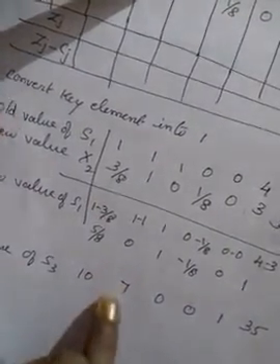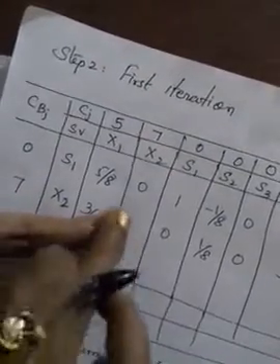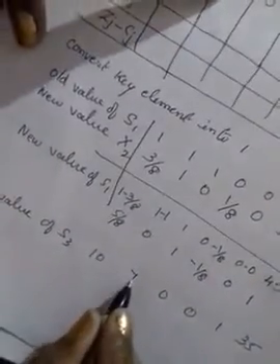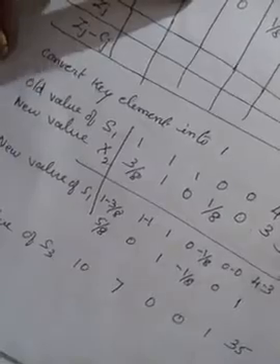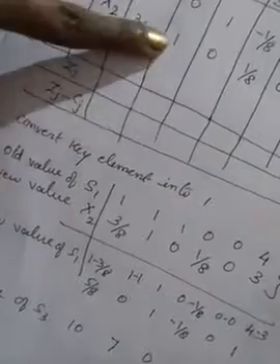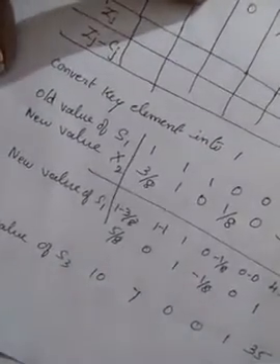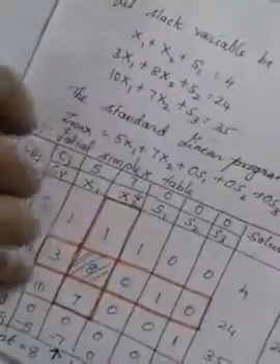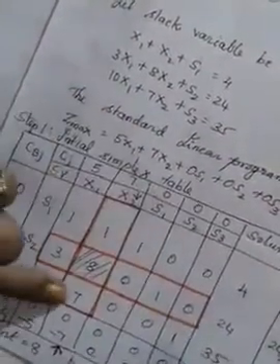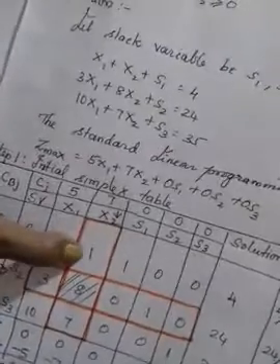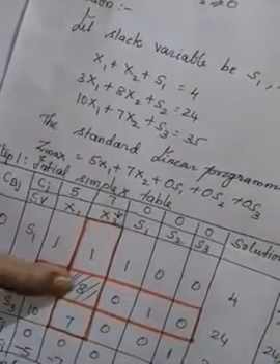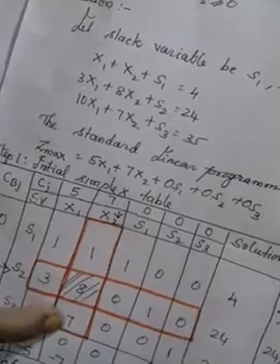Similarly, this value we have to change into 0. See, if you want to change into 0, what we have in S2, X2 is 1 we have. So if we have 7 only, 7 minus 7 becomes 0. The old value is 7. So if we have 7 here, then we can subtract 7 minus 7, we will get 0 here. Is it clear? Now, this is the old value from the previous table we took, 10, 7, 0, 0, 1. Now we have to change this one into 0, and this one we already changed into 0. This one, the key element, we changed into 1.